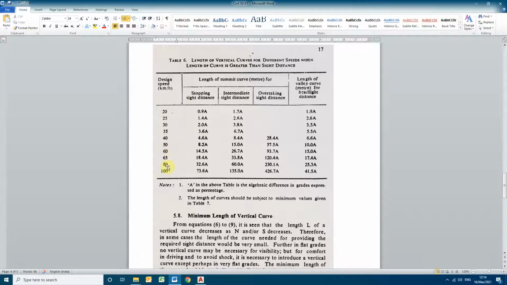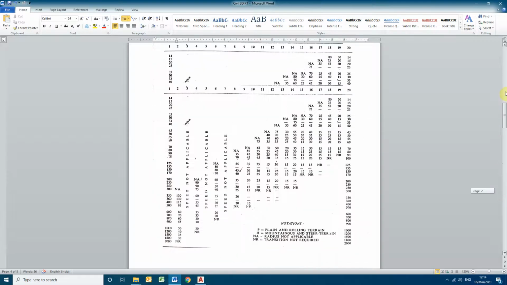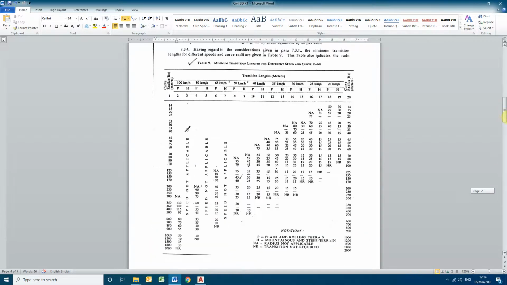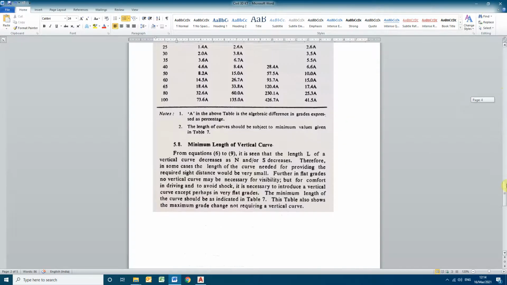So if we go with the design speed of 80, we had followed 500 curve radius for the design speed of 80. So now the design speed that we followed for the horizontal is 80, and in similar fashion we will be applying the same to the vertical scenario also.